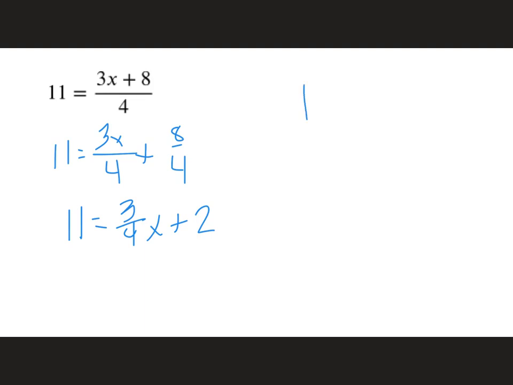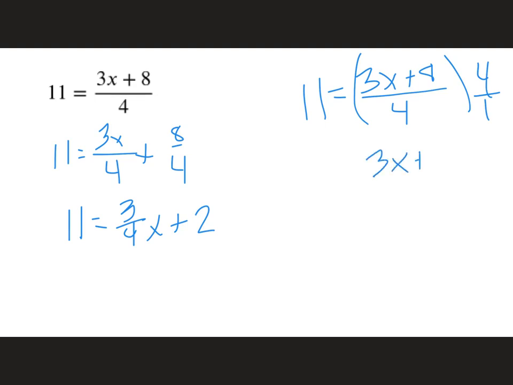The other option would be to eliminate the division by forcing it to be a 1 so that it would not impact the problem. In order to force division to become a 1, we would want to multiply by 4. Now, 3x plus 8 over 4 is one term, so if we were to multiply by 4, basically 4 over 1, then we'd be multiplying the top by 4, and then we would be dividing it by 4. So in essence, we would be undoing what we just did, so we would just be left with 3x plus